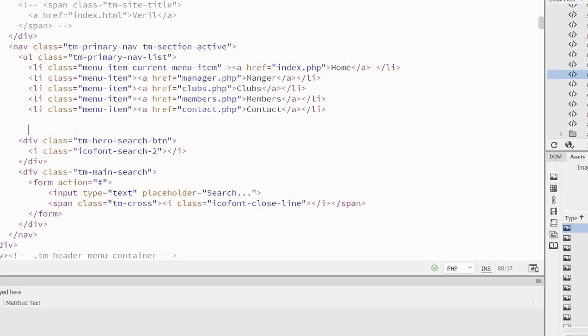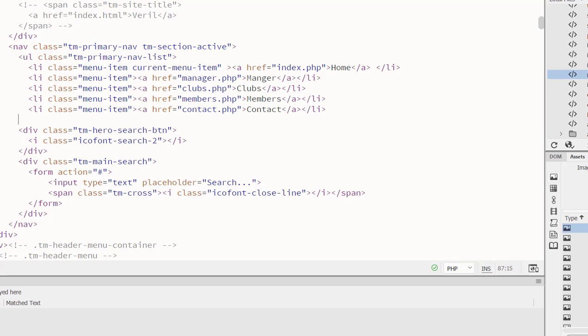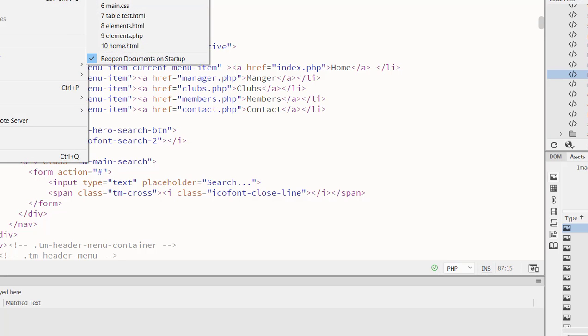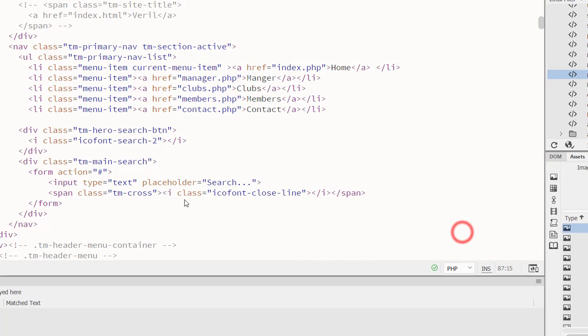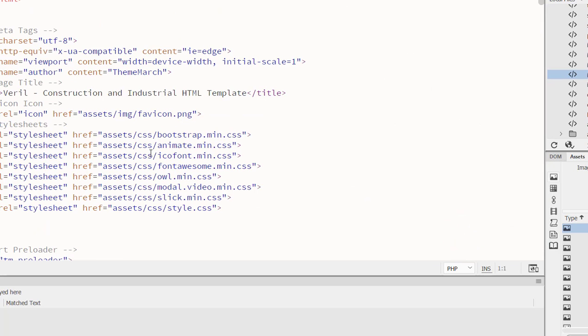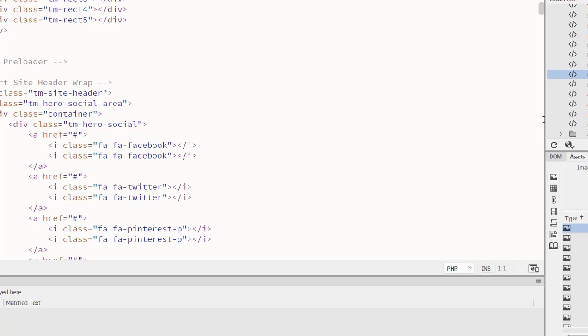And so they all have the same menu, right? I don't want to do this all by hand. So I'm going to save this, and I'm going to say, okay, I'll save this as, what's the name, manager. Okay, so I'll call this save as, and I'll say manager PHP, right? So I know all the links are correct. Manager PHP, and then I'll save the next one, which is,